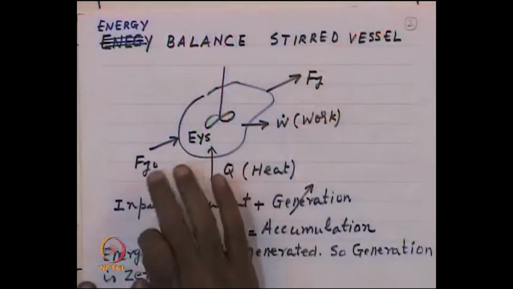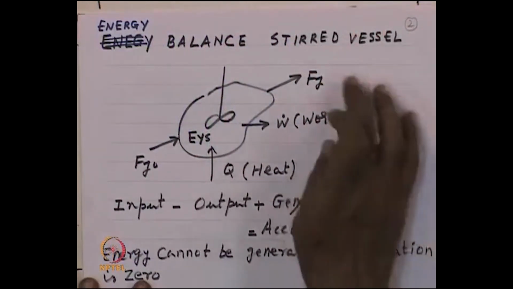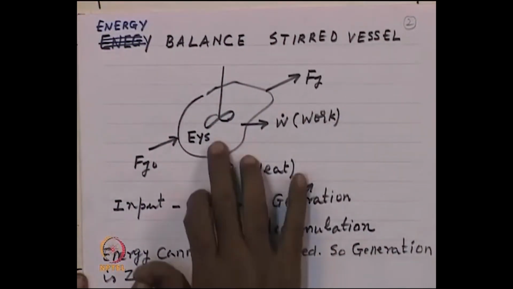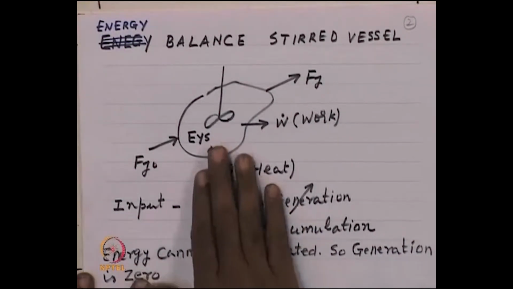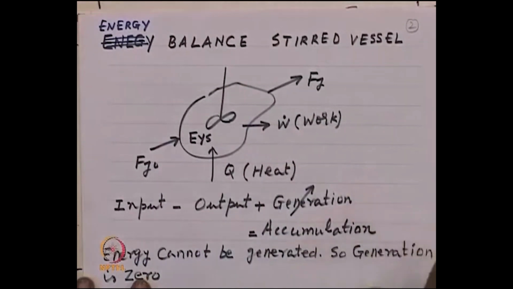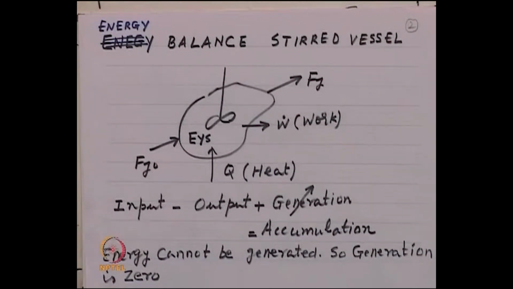So, what are we saying now? If you are talking about energy balance in a stirred vessel, there is input of energy because component J is bringing some energy, there is an output of energy because component J is taking away some energy, and then there is input of heat, which is energy coming in, and there is output of work, which is energy going out. Therefore, input minus output equal to accumulation is a statement of conservation of energy. Okay. So, let us now